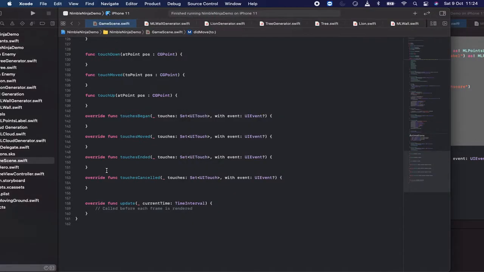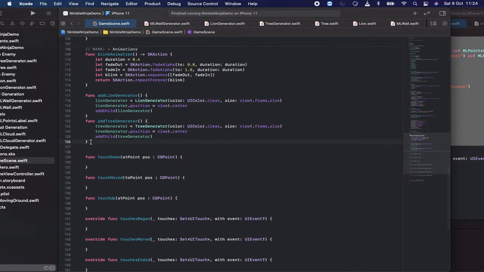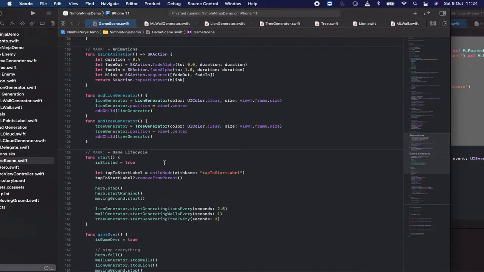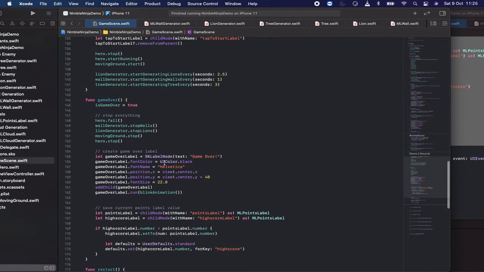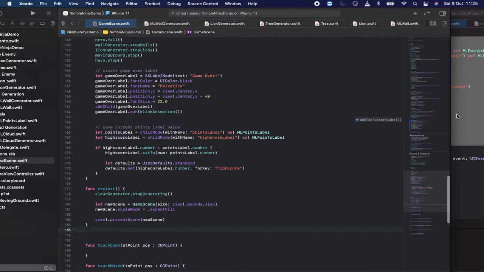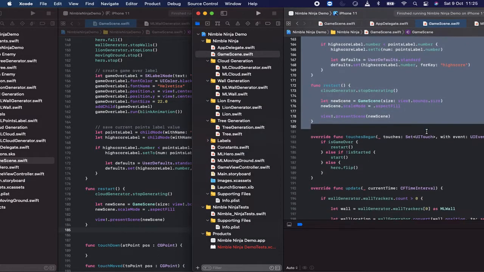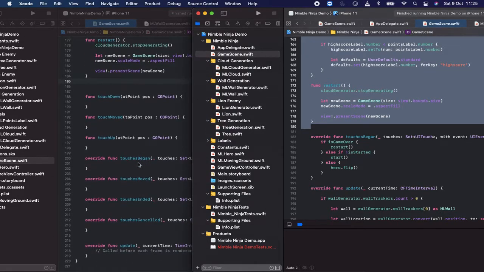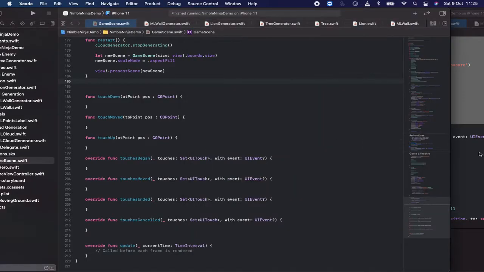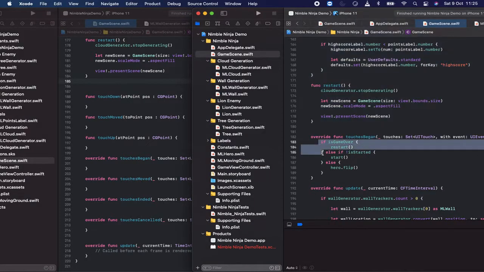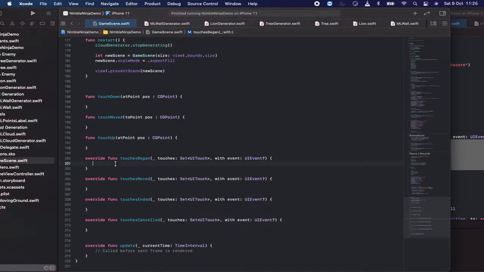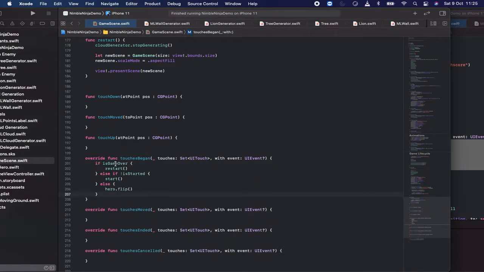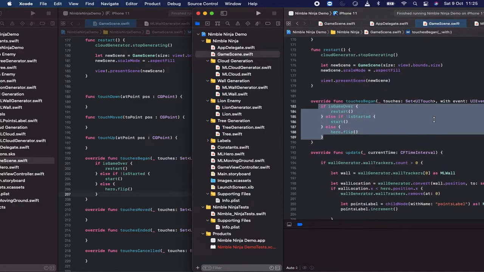I'm just copying this. Let me drop it over here. Ground, let's start. Alright, then when touches began, if the touch has begun, it will be under this override touchesBegan. So let me copy this and paste this inside this touchesBegan,